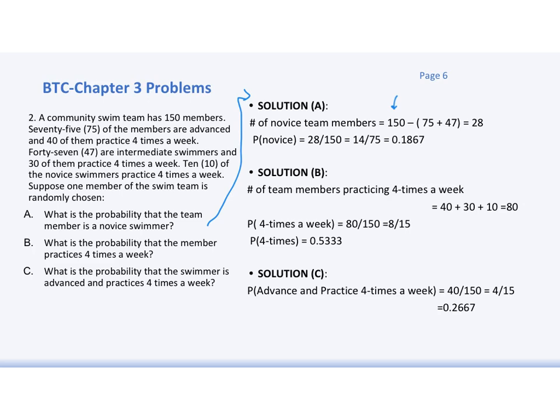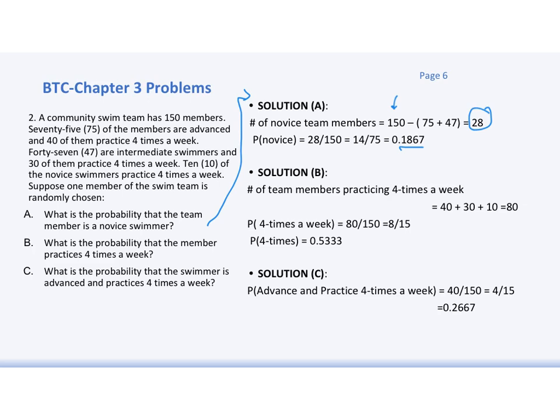So we subtract 75 and 47 from 150 and we get 28. Now the probability that we have a novice swimmer, if we randomly choose a swimmer, is 28 divided by 150, which ends up being 0.1867, or about